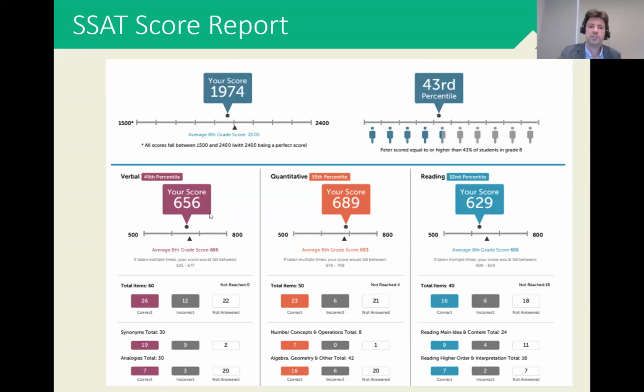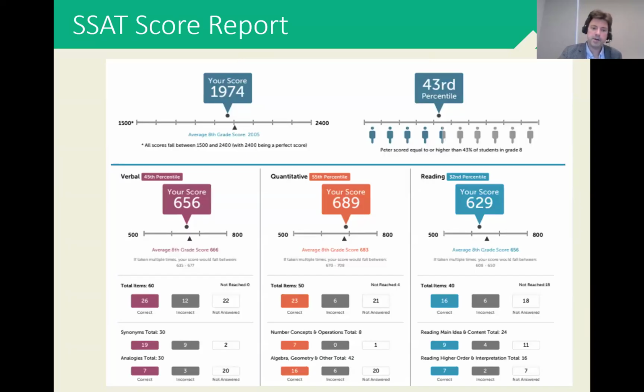So again, just to give you a feel on the scoring of it, we can just look at the verbal one here. This student answered, of the 60 questions, 26 correctly. So 1 point for each question they answered correctly, that's plus 26. Then they missed 12 questions. They're going to lose a quarter point for every question that they missed. So that's 12 times 0.25, or times a quarter. That's going to reduce their raw score by 3 points, and then plus 0 for any question that they skip. This particular student skipped 22 of the questions. So their raw score ended up being 23 out of 60.